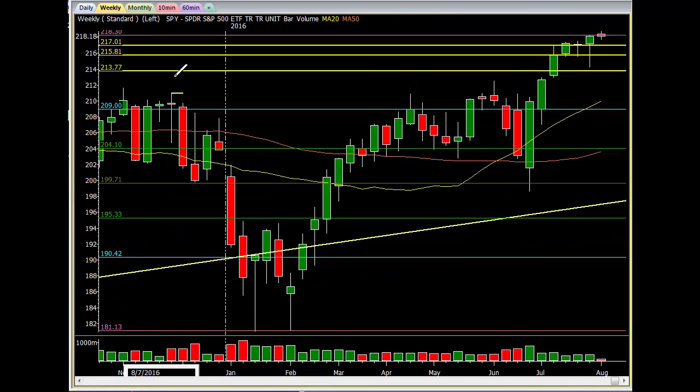Let's look at the weekly. Same thing. I want to see it close above this candle. Then we'll reevaluate this chart and see if this thing can go higher. If this does not close above this by the end of the week, Friday, then we're going to see if we could get more downside. Again, I think we could come down into the 210 area, and then ultimately go right back to the 204,